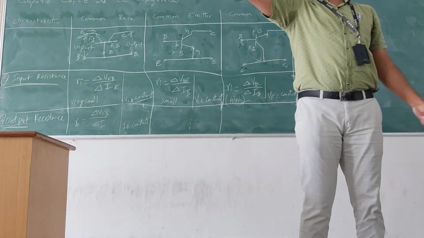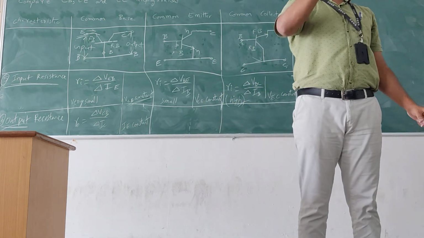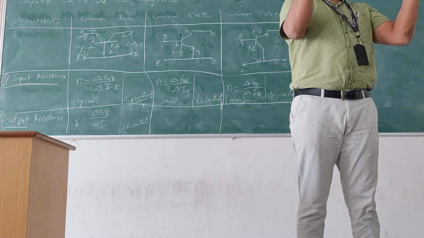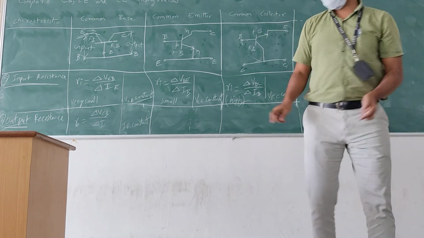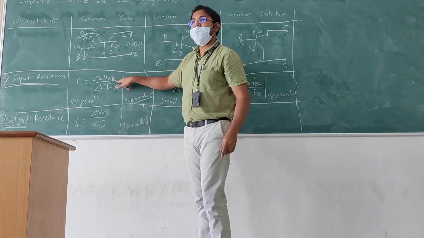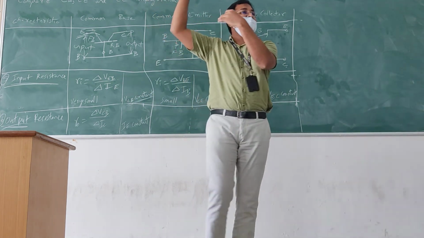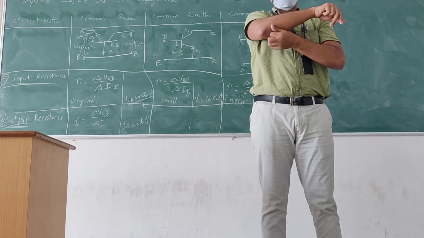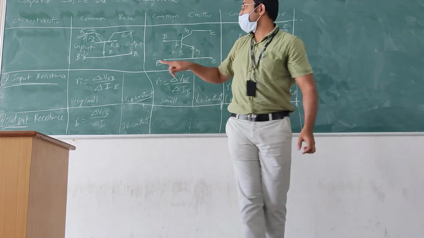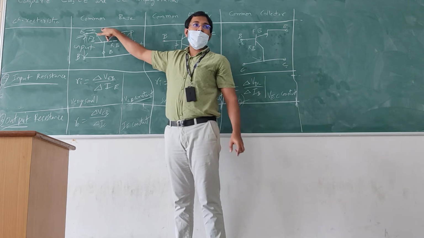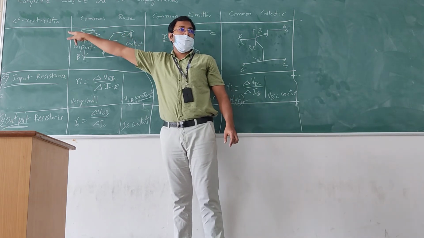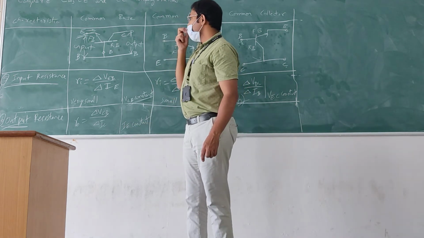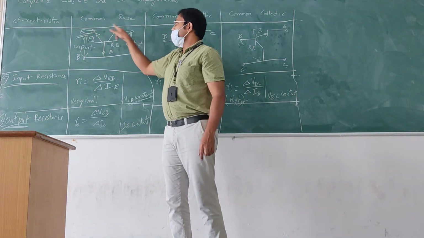Current will flow through one node. IEB won't exist, IE comes. Current will flow through a node. Voltage is across nodes. That is why two terms came for voltage, VEB, because we are taking across two different nodes. Current flows through one terminal. In any case, current is flowing through one terminal.